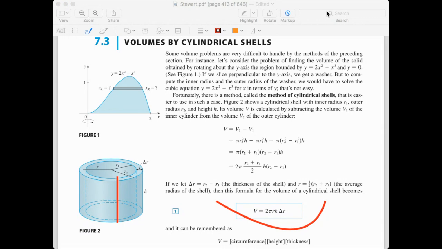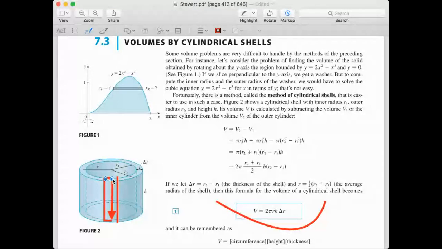Shell method is saying, okay, let's cut it. Let's cut horizontally. Then let's find the area of this piece. Let's approximate with this kind of rectangle. Right after we cut, we see we have a rectangle. We approximate with this, right? We have 2 pi r times h. Then we add up all these